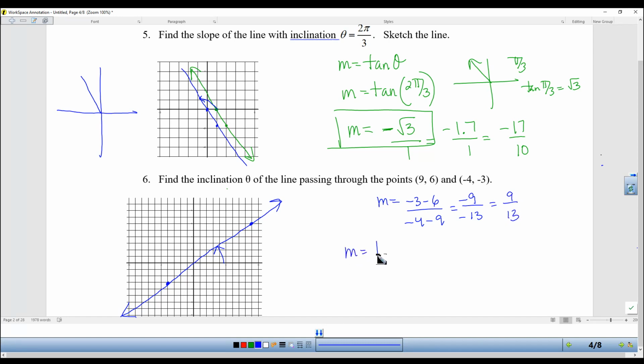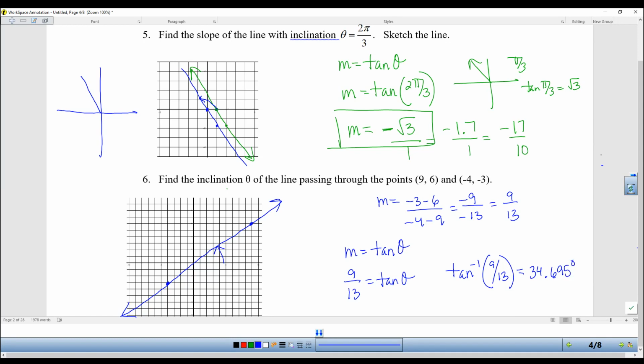Now I can use my formula. Just write that formula every time. So 9 over 13 is equal to tangent of theta, inverse tangent. Remember, for the last two, we knew the angle when we were trying to find the slope, a little bit easier. When you have the ratio or the slope and you're trying to find theta, you always have to use the inverse tangent function. And you get